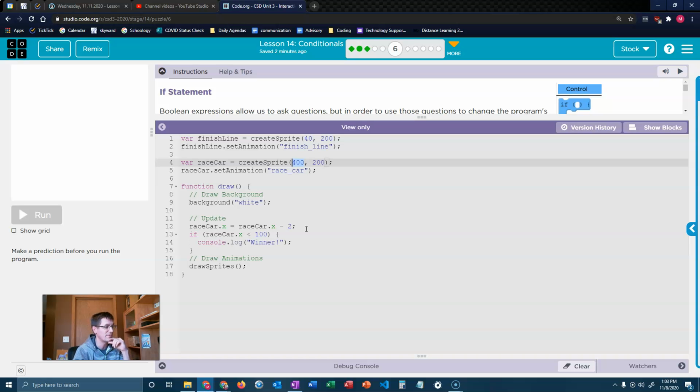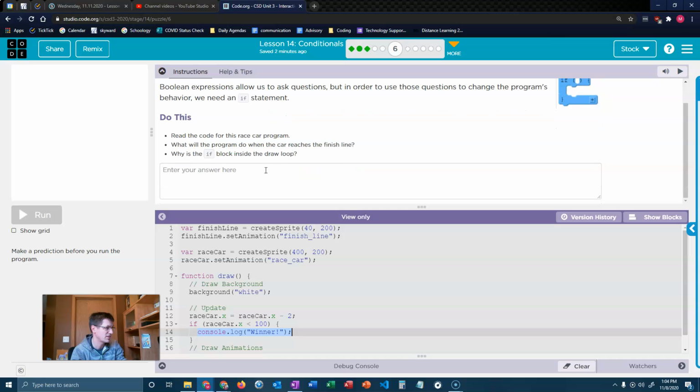So that's going to keep going down, down, down every frame of the animation. And at some point, that X value is going to be less than 100. As soon as that happens, I expect the console to suddenly spit out winner. Let's see it. Is this a prediction exercise? It is. Okay. Once race car X is less than 100,